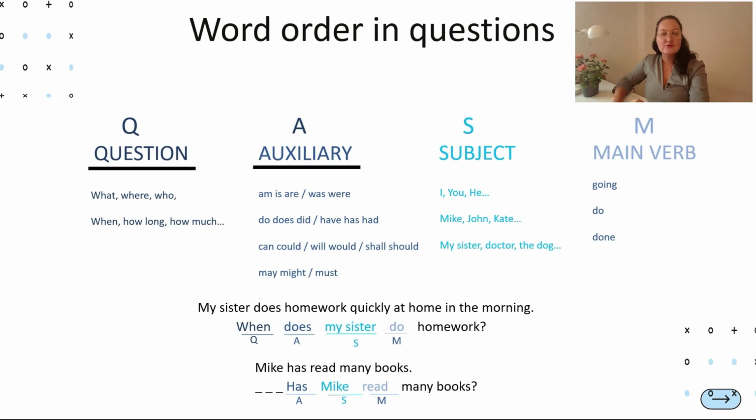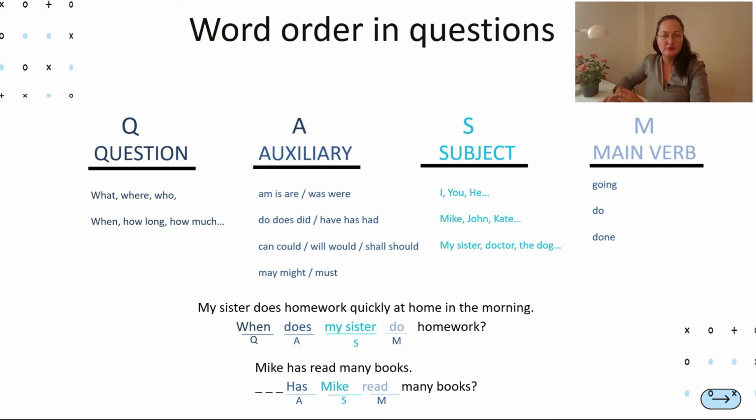Then S stands for subject. We have already talked about subjects, and M stands for main verb: going, do, done, and so on. So here in the questions, it is important whether it is an auxiliary verb or a main verb. So you always put the auxiliary verb before the subject and the main verb after the subject. You should remember that. And also, as we discussed in SWAMPED, it is not necessary to have all the pieces